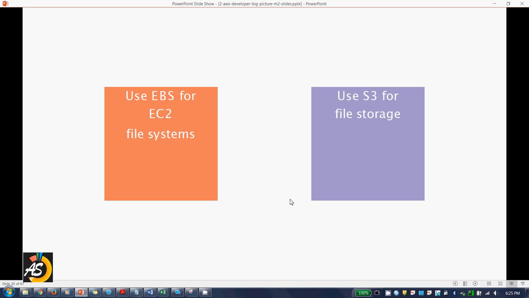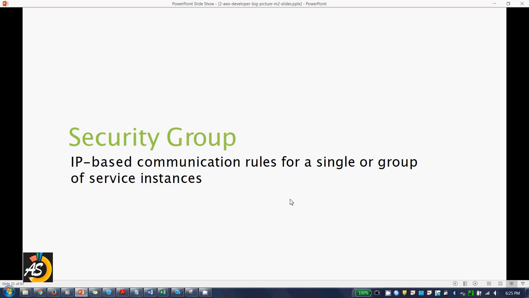Now, the next and a very important step is selection of security measures or a security group. So, IP-based communication rules for a single or a group of service instances. When you create your instance, you need to set up some ground rules on the firewall, like you don't allow any connection from the internet, or you allow incoming connections from a specific IP range, or from a specific